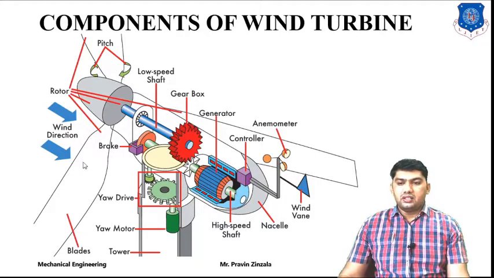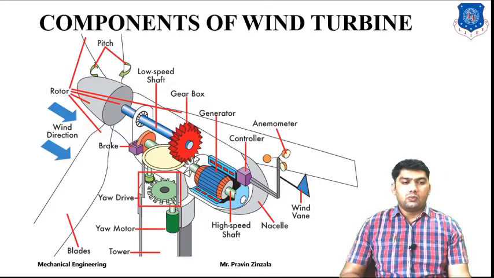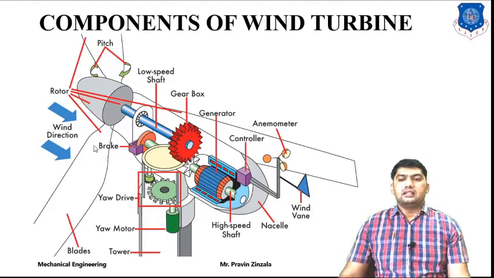The second control mechanism is the pitch control mechanism. Pitch control is used to control the torque according to the power requirement. It changes the angle of our blade, so it is called the pitch control mechanism. According to the availability of wind and the requirement of RPM, power generation and torque, the angle of the blade may be changed. So it is called the pitch control mechanism.